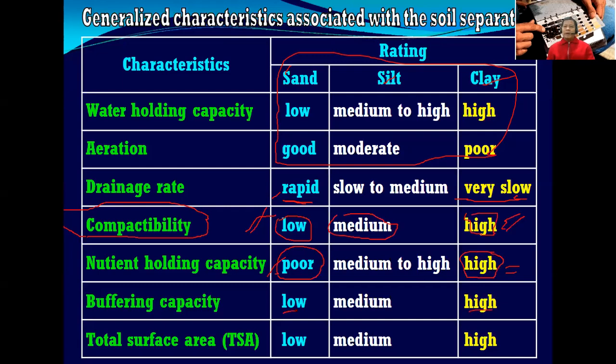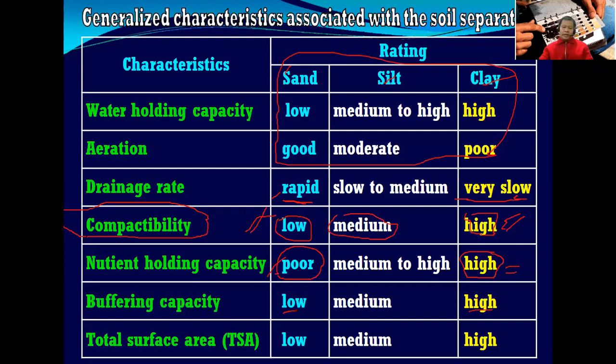Ganito. Pag maliliit yung mga texture, the finer the texture, the higher is the surface area. The higher is the surface area, the higher is the buffering capacity, the higher is the nutrient holding capacity, and the higher is the amount of fertilizers, lime, and pesticide to be applied in that particular soil compared to the coarser or the bigger diameter sizes